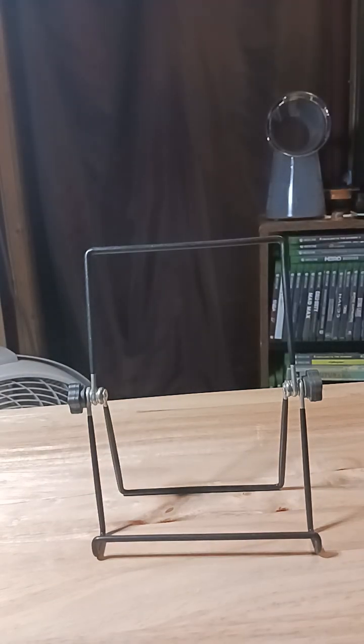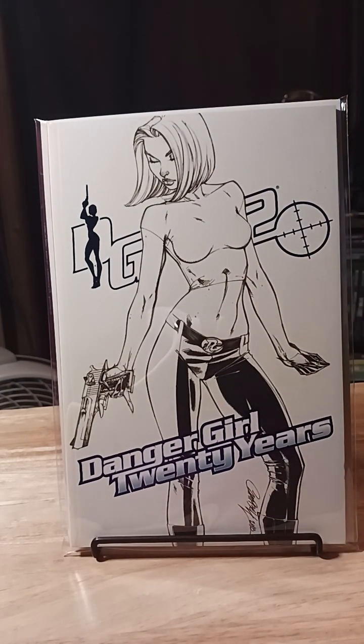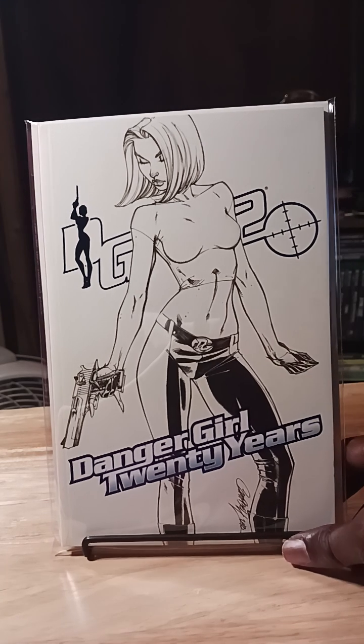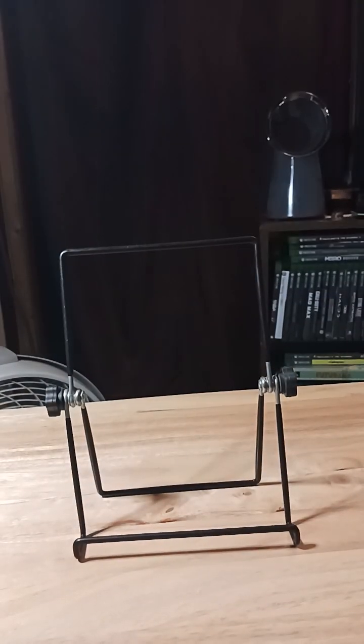And Danger Girl 20 Years. This is a pretty thick book. And I never saw it on the stands, but I definitely had to have it. And I don't know why, but I picked these up. Well, I do know why. Adam Hughes, but I already have a couple copies of it, but I still picked up